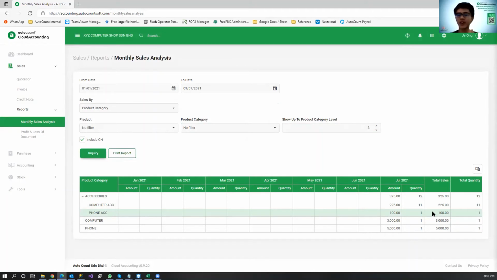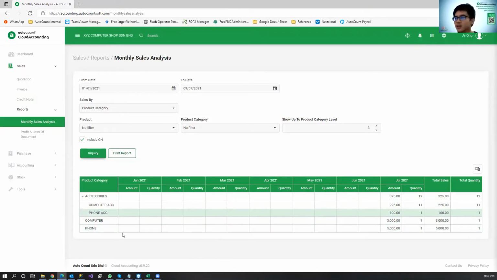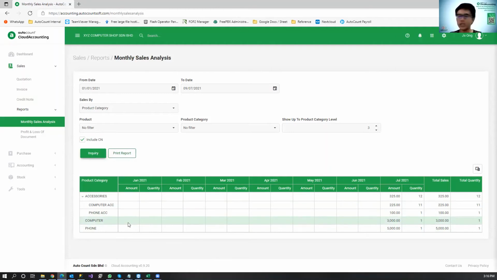So if you categorize your things very nicely, during reporting everything can be seen very clearly. So the setup is usually the most important. You have to know how to group and categorize your items and products. That is very useful for you later on in reporting. Okay, so this is a quick glance at our sales report.